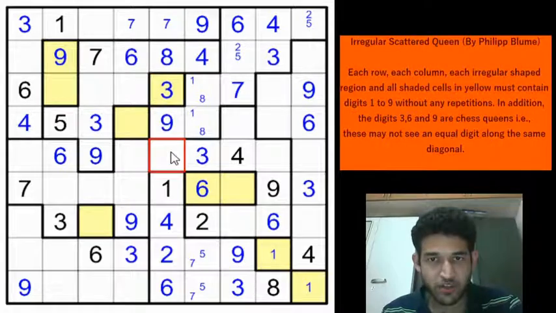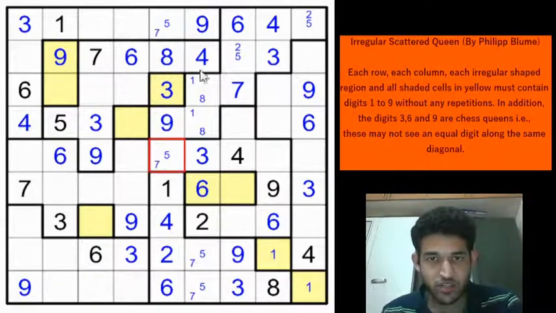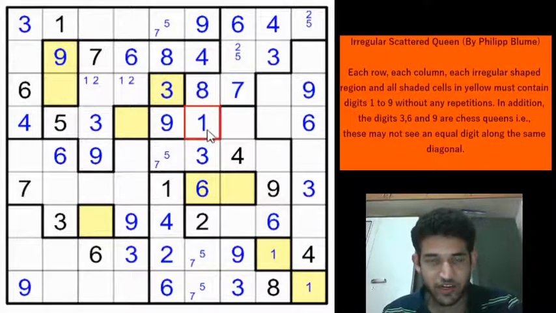And remaining digits in column 5 are 1, 2, 4, 6, 3, 8, 9 is not possible. Remaining digits are 5 and 7. So we can mark the 5, 7 possibilities there. Right? I will mark using candidates option so that the digits are of uniform size. So we have a 5, 7 pair here. And now this region, if you see 3, 5, 9, 4, 6, 7, 8 have been placed. Remaining digits are 1 and 2, which will have to go in these 2 cells. And that eliminates the 1 from here. We get an 8 here now. We get a 1 here now.